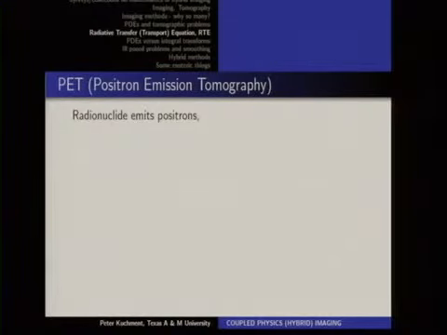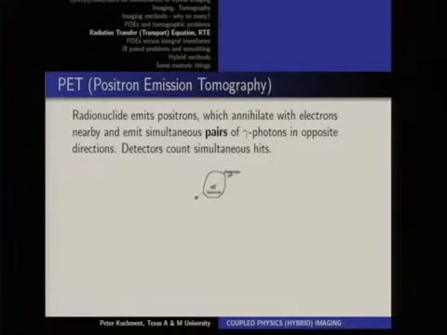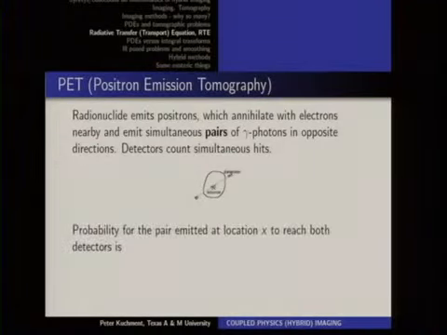There is also PET, positron emission tomography. I already mentioned it before, where you have a source which shoots simultaneous pairs of photons in both directions, and if you have two opposite detectors detecting simultaneously, this means there was something on this line. It is actually a better thing than SPECT mathematically. And since,